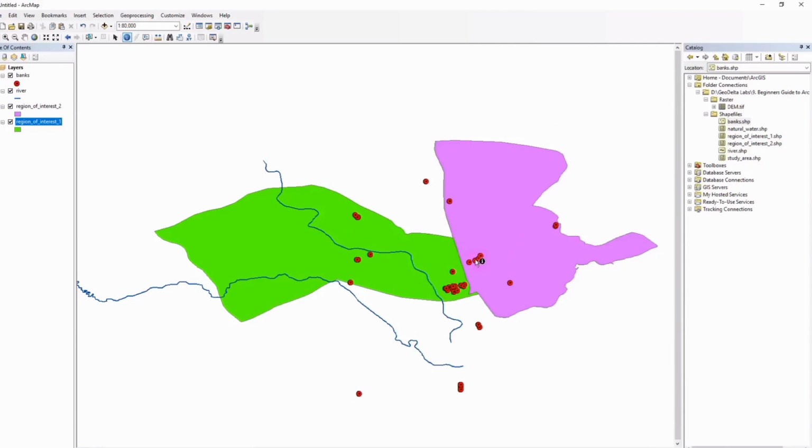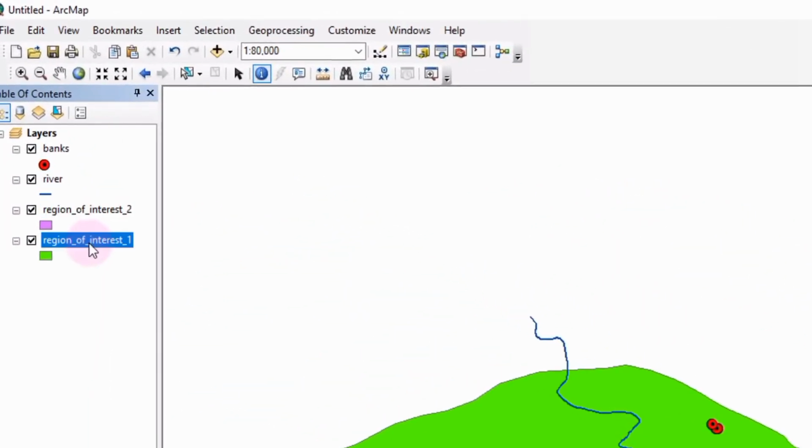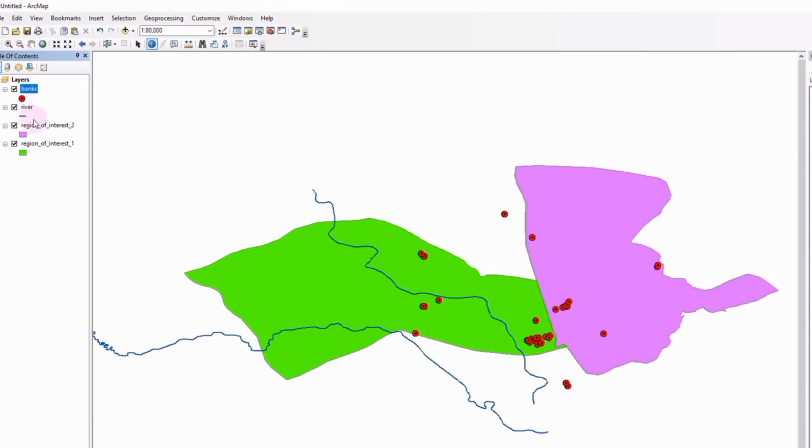For example, over here, we have no idea how much is the extent of region of interest 1, because this layer is below region of interest 2. If I left click on this region of interest and drag it on top of region of interest 2, you can see that this layer extends all the way up until here, which I couldn't see before because of the order of these layers. What I'm going to do is put this layer back below region of interest 2,